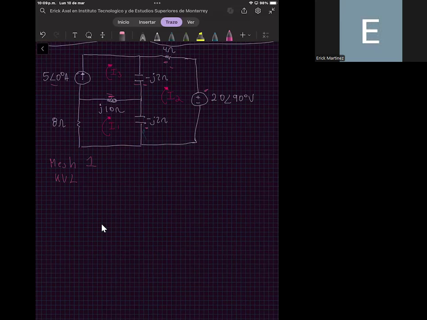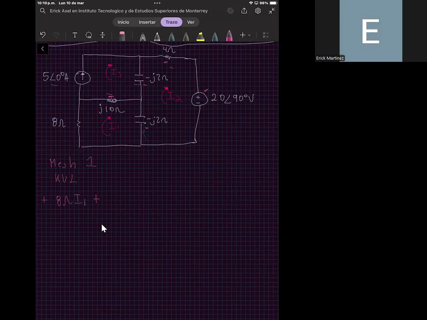For example, the voltage of the 8 ohm resistor can be computed as follows. First, I will assume that the voltage drop in the 8 ohm resistor is a positive voltage drop. And we have here 8 ohms times the current that is flowing through the 8 ohm resistor, that is I1, plus